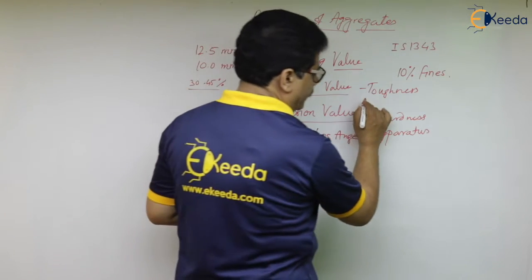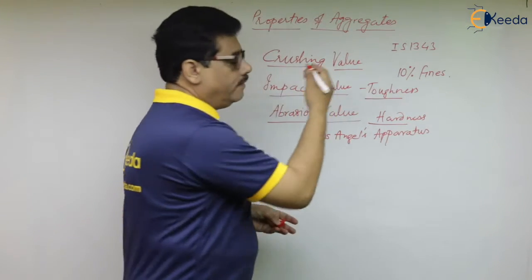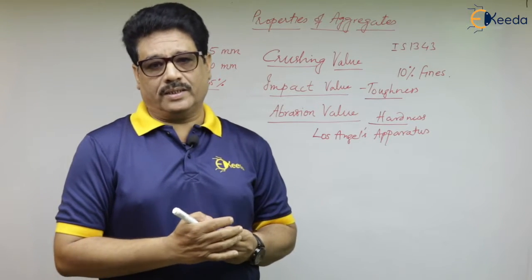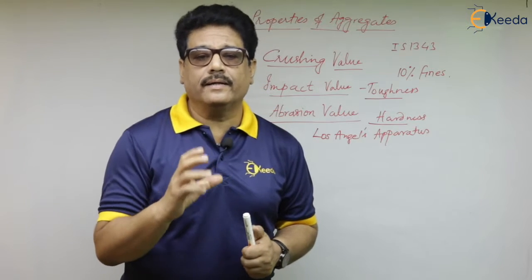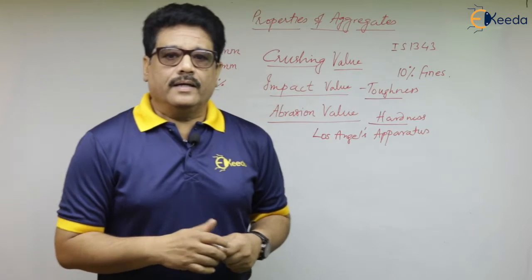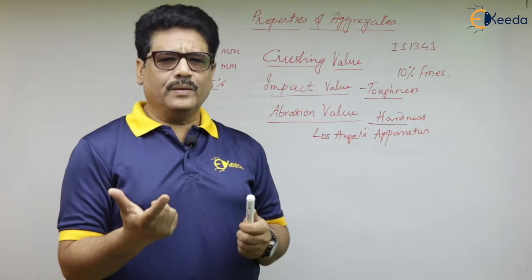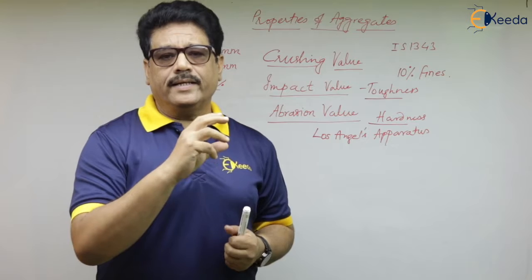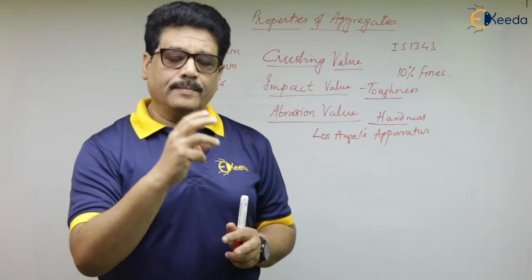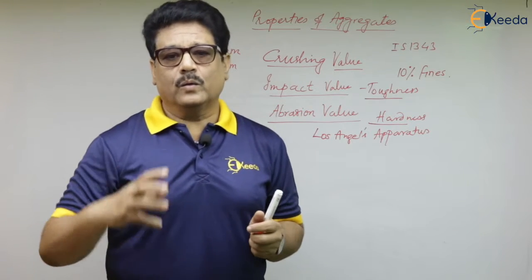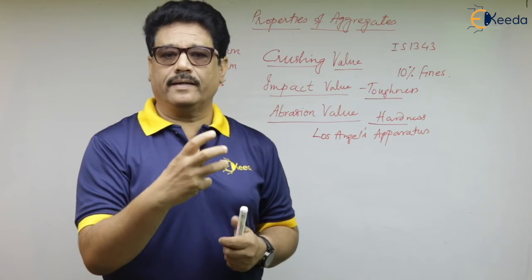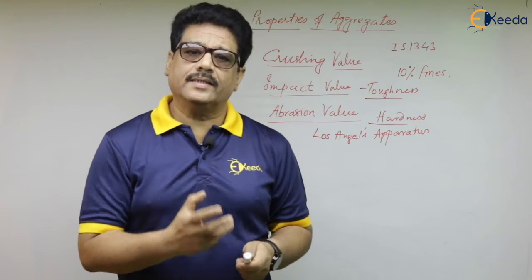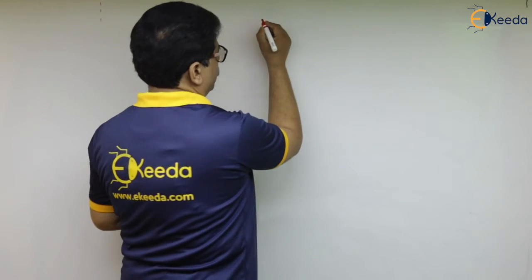So we have toughness, we have hardness, and we have the strength bearing capacity in form of crushing value. These are called mechanical properties of aggregates. In case of fine aggregates, we should not have that much concern for strength, because fine aggregates are ultimately filling up the gaps between the coarse aggregates, and therefore coarse aggregates are the main things they are expected to carry the strength. So here we have seen the strength. So let us see the next property.